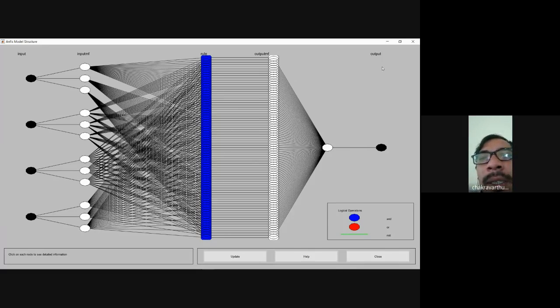Then in the fourth layer, we have to apply the normalization process so that whatever input we have given is normalized. Once it has been normalized, we can get the output values in layer 5. Once you have the output values from layer 4, you have to take the sum of all those values. That is your output.